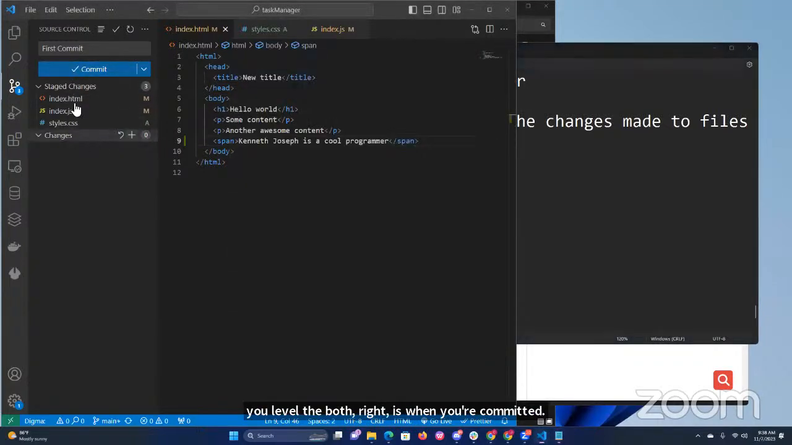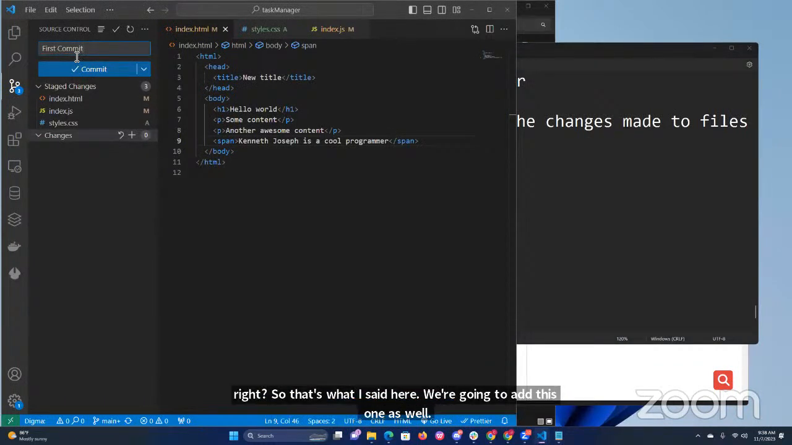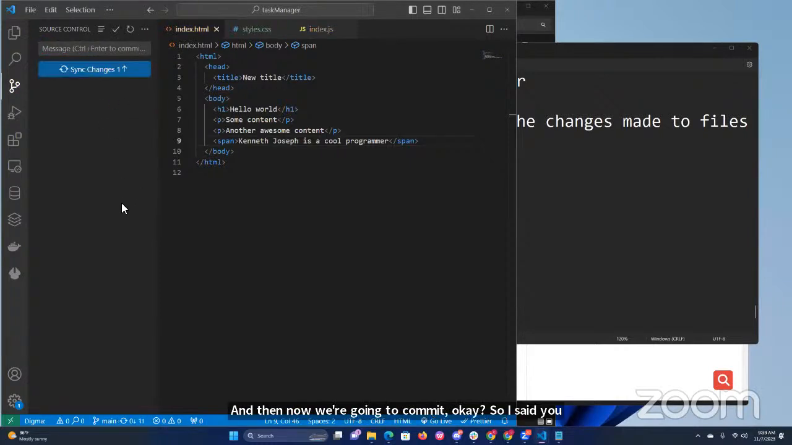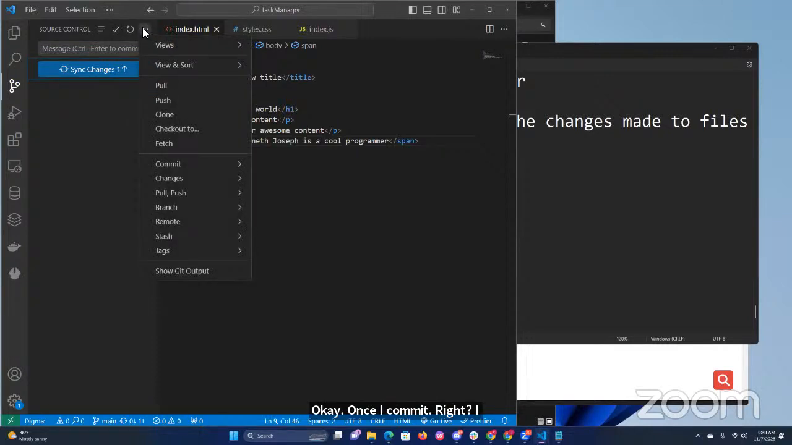Yes, we're going to add this one as well. And then now we're going to commit, okay? So I said you have two ways you can commit. You can click on this, and this will actually commit. So it has committed, and you can see there's nothing here because I have said that this is ready to be shipped, okay? Once I commit, I can click on the three icons at the top here, come to pull or push, and then click push,